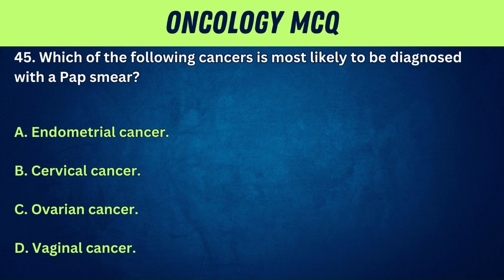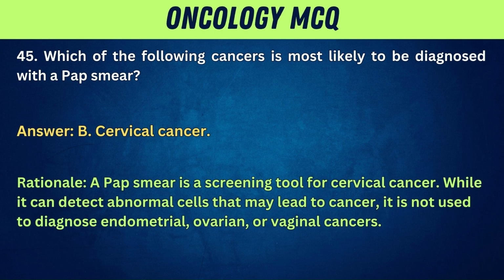45. Which of the following cancers is most likely to be diagnosed with a Pap smear? A. Endometrial cancer. B. Cervical cancer. C. Ovarian cancer. D. Vaginal cancer. Answer: B. Cervical cancer. Rationale: a Pap smear is a screening tool for cervical cancer. While it can detect abnormal cells that may lead to cancer, it is not used to diagnose endometrial, ovarian, or